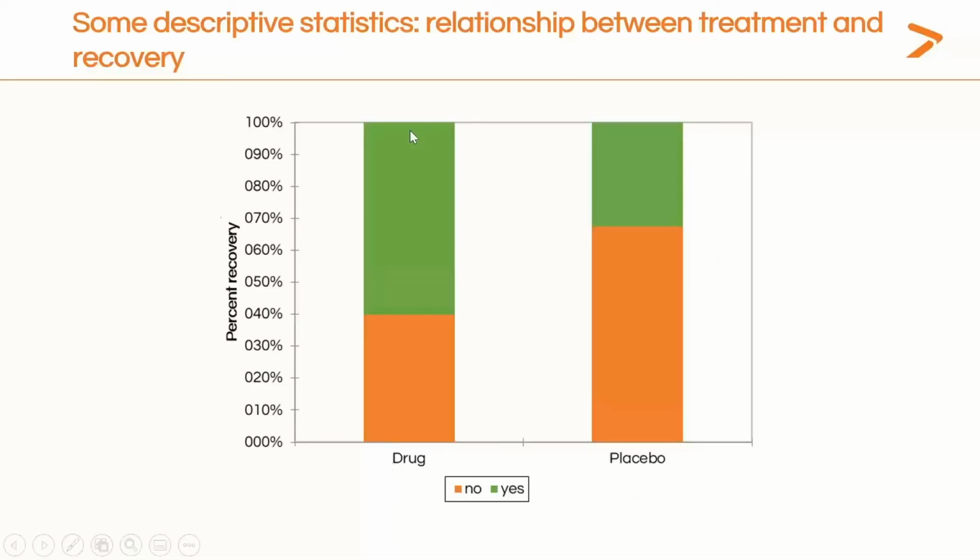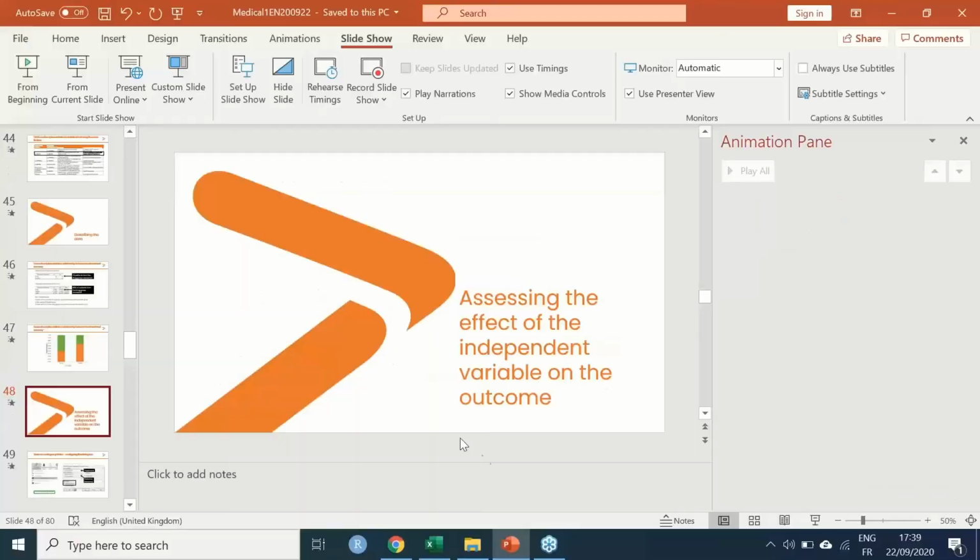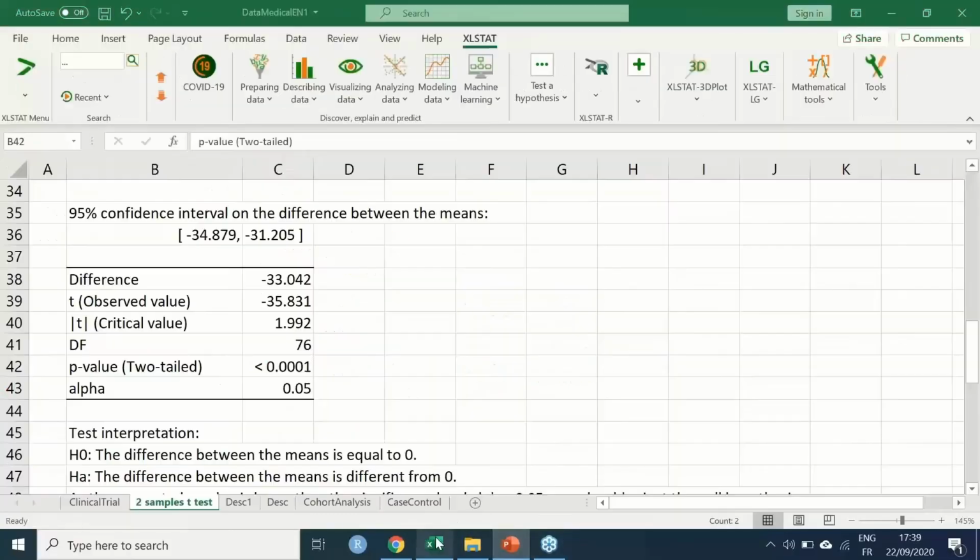You can also show things in this chart. On the y-axis, you have percent recovery within each group, drug or placebo, and the colors correspond to no and yes, recovery no and recovery yes. You see that for patients who took the drug, you have a bigger proportion of people who recovered as compared to the placebo. Now, let me show you how to run